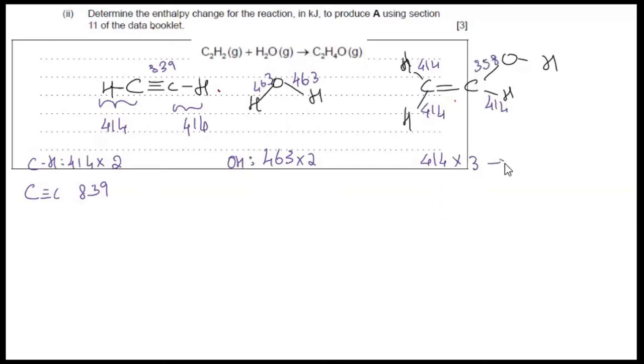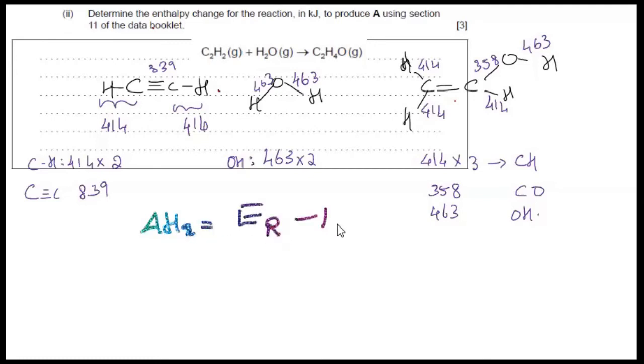So this was CH bond. Now 358 is for CO bond. Then we have an OH bond at 463. So again, this is 463 for the OH bond. Be careful when we are using bond enthalpy data to calculate the enthalpy of a reaction. It is always energy of the reactants minus energy of the products. I'm highlighting it as reactants first followed by products. This is only when we are depending on bond enthalpy data.